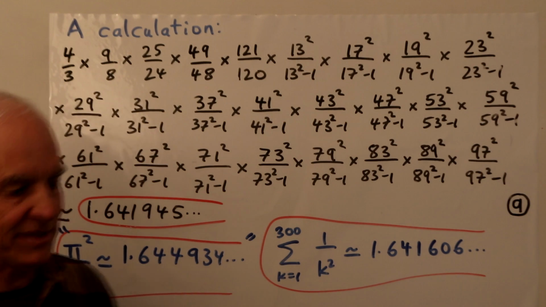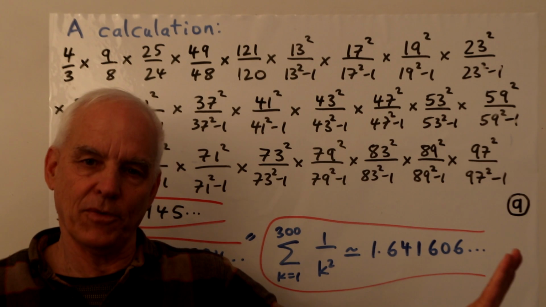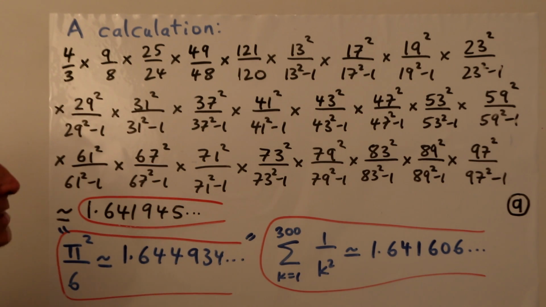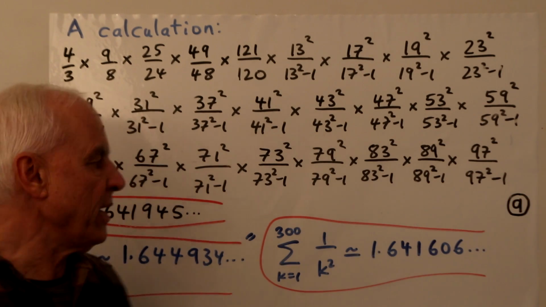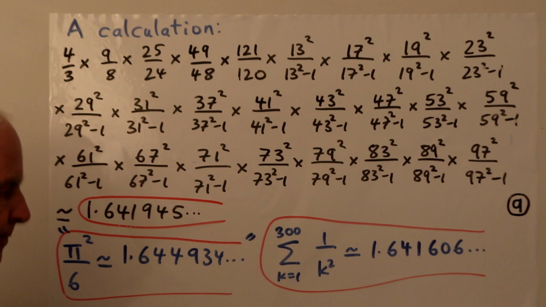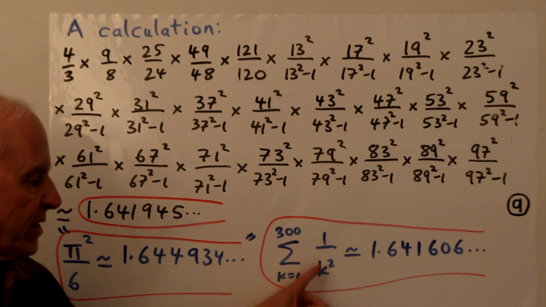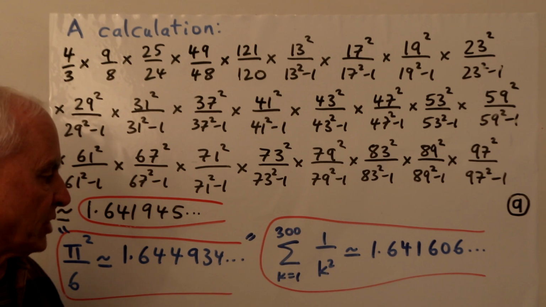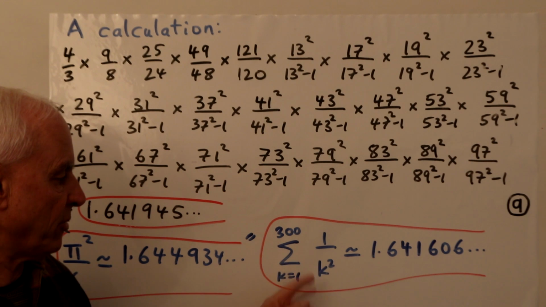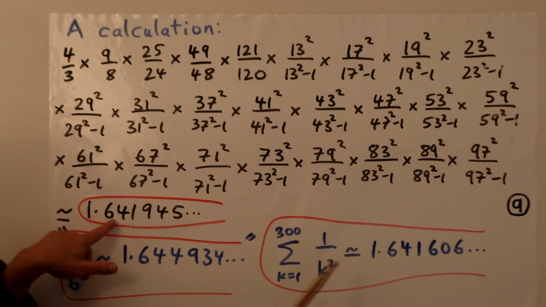It'd be nice if banks did this, but anyway, the interest rates are decreasing and heading towards zero. But what we're saying is that the total amount that you're going to owe as you keep on going is going to head towards this thing here. Now, on the other hand, on the right-hand side of the equation, we had this sum of the reciprocal squares. And we can calculate those as well. That's just a very explicit calculation. So I summed k equals 1 to 300. My computer told me that's about 1.641606, which is pretty close to this thing here, right?